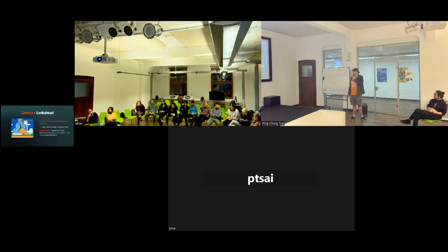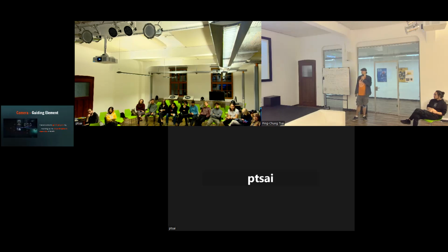A good practice is to implement a small dead zone where the camera doesn't move if you change directions, like Mario is moving back and forth there. The camera does not move when changing directions because, well, he hasn't really committed himself to a single direction yet. He's going back and forth. So it would be annoying if the camera jumped back and forth all the time while you just change directions.